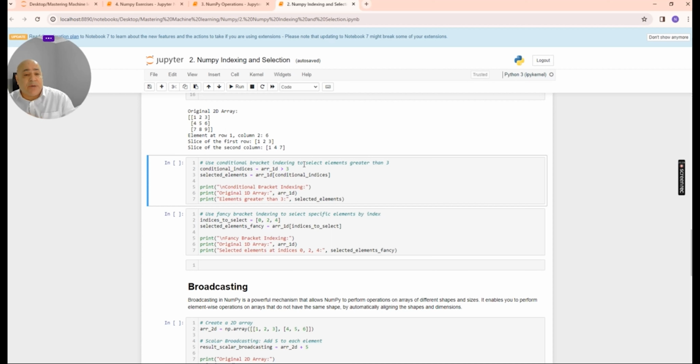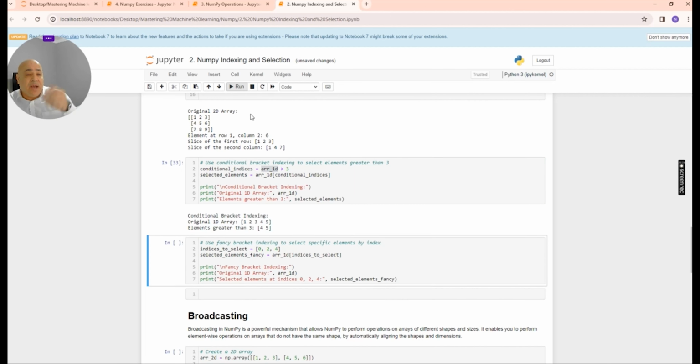Now we can use conditional bracket indexing, where again I use a condition, greater than 3 or whatever. So I have a one-dimensional array that we created earlier, and I want to select all the components which are greater than 3. So if I run this, this is the original, and this is the actual selected